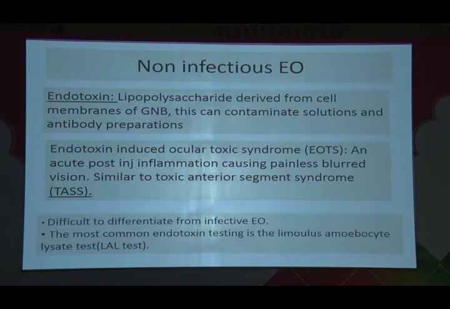The difficulty sometimes is that you are not able to differentiate. So it's better to err on the side of infection and treat it as an infection. And we have a lab test that can pick up the endotoxin, known as the LAL test, but it is not widely available. So the ideal solution could be that if you get the Avastin bottle, you get the endotoxin tested and then use that. I think that could be the best solution.